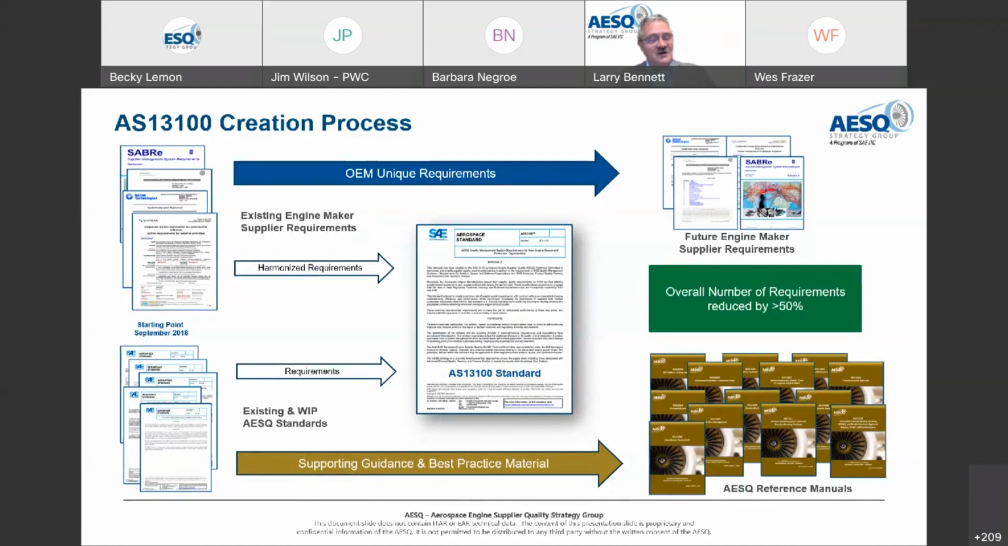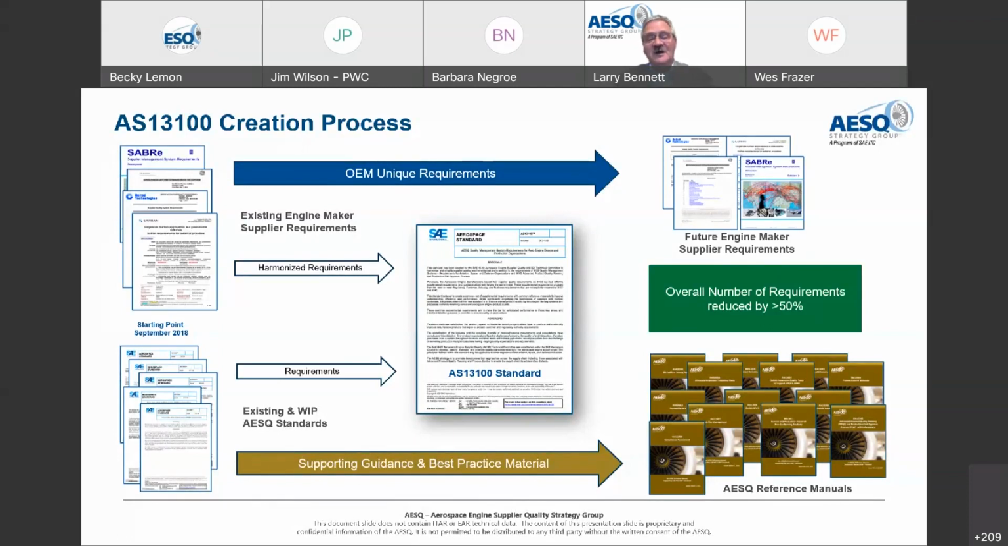Over the next 2 years, pre-pandemic, we were meeting live on pretty much a quarterly basis and meeting on a weekly basis to work this draft. Now today we have a standard that's published. We also still have some leftover requirements from each of the engine makers. We couldn't rationalize 100%, but we did reduce the overall number of requirements by more than 50%, which is a